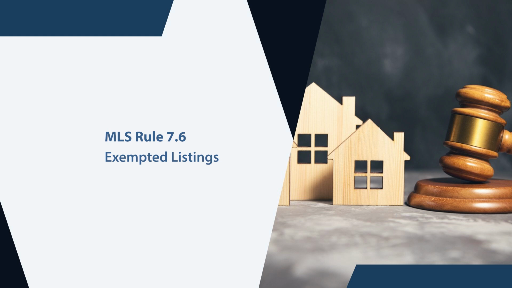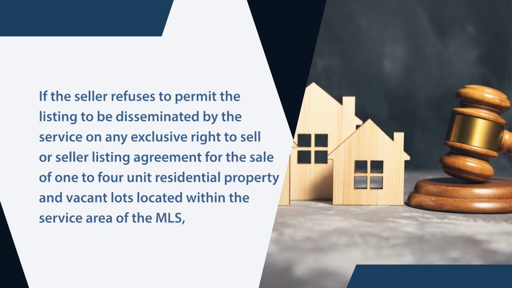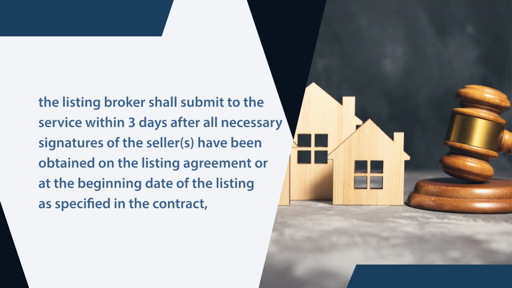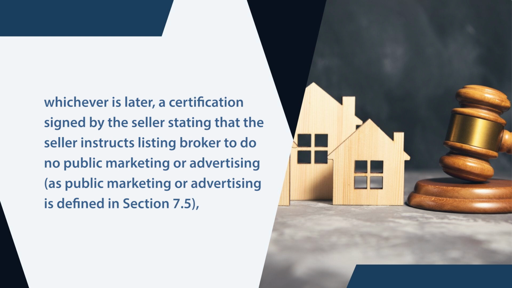MLS Rule 7.6, Exempted listings. If the seller refuses to permit the listing to be disseminated by the service on any exclusive right to sell or seller listing agreement for the sale of 1 to 4 unit residential property and vacant lots located within the service area of the MLS, the listing broker shall submit to the service within 3 days after all necessary signatures of the sellers have been obtained on the listing agreement, or at the beginning date of the listing as specified in the contract, whichever is later, a certification signed by the seller